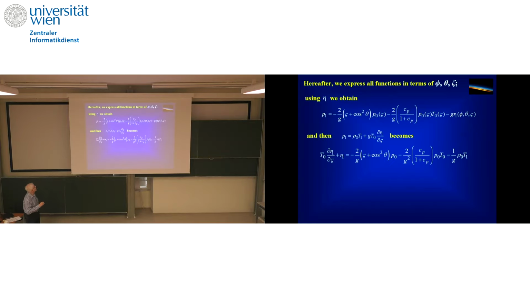Okay. Right, so it's obvious that we should work not in terms of phi, theta, and z, but rather, because of the underlying dependence in the background state, phi, theta, and zeta. So just carry out a small adjustment, and let's see what we get. I'm going to use the R1 that I introduced a moment ago. I can then integrate to find the perturbation pressure, P1. If I use that, which of course has R1 in it, in the equation of state, I get